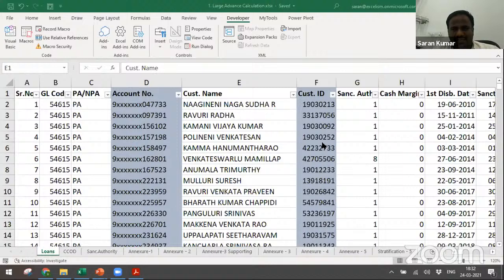So, sir, how to ensure that the interest rate is not changed in the system during March? Basically, there are cases where the interest rate is charged at a lower rate, but the rate is changed in the month of March. Let me tell you, Sairam, in fact, I sent you one file related to NPA. There you can also check it out. If you open any one account, that account's transactions will come separately and account-related master data will come separately.